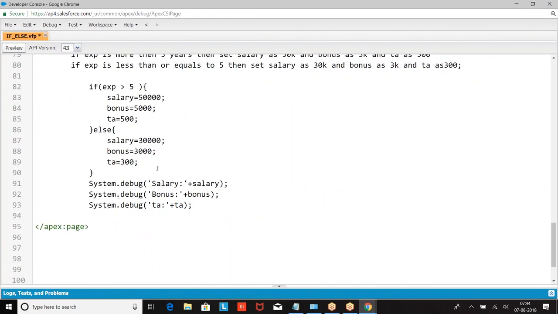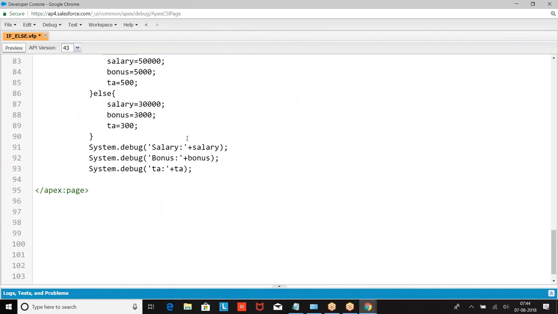In else we have not given a condition, right, Satish? Now, if I say else, what does it mean? It is not greater than 5 years. That means less than or equal to 5 only. But Satish, if it is mentioned less than or equal to 5, do we need to mention the condition? No, else means the same. See, when I say experience is greater than 5, else means less than 5, that is, equal to or less than 5. If it is not greater than 5, it's less than or equal to 5 only.